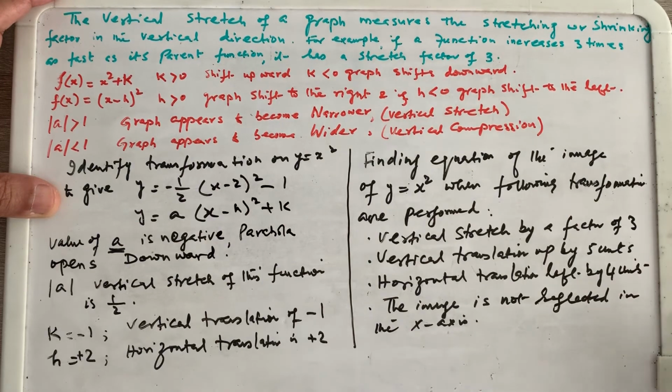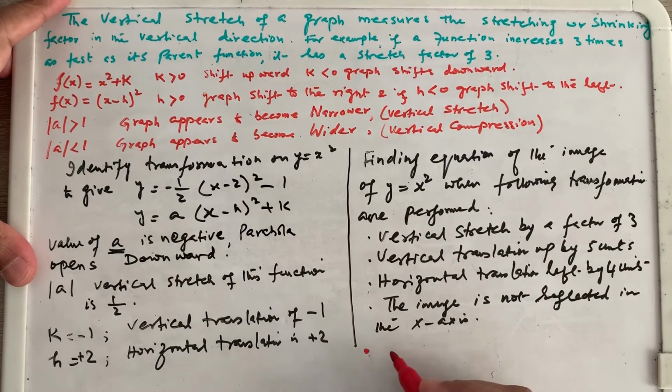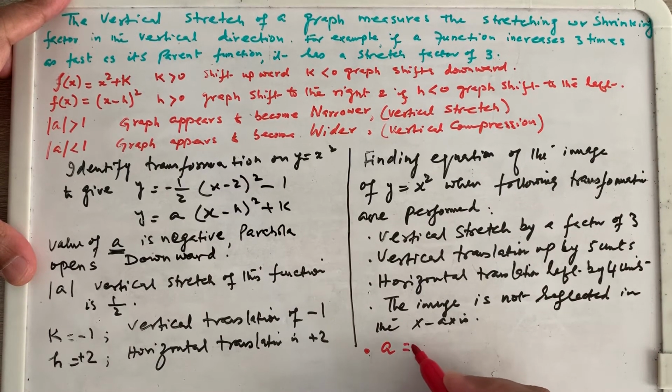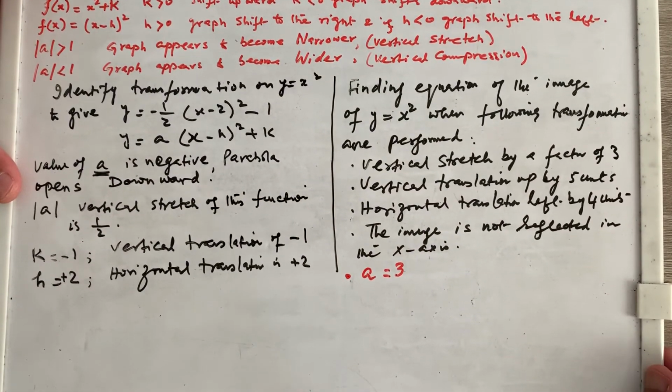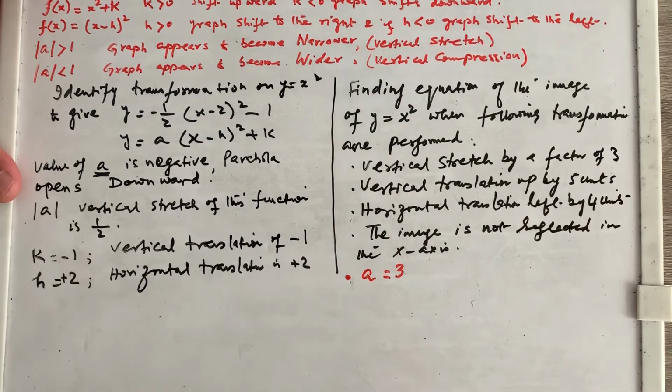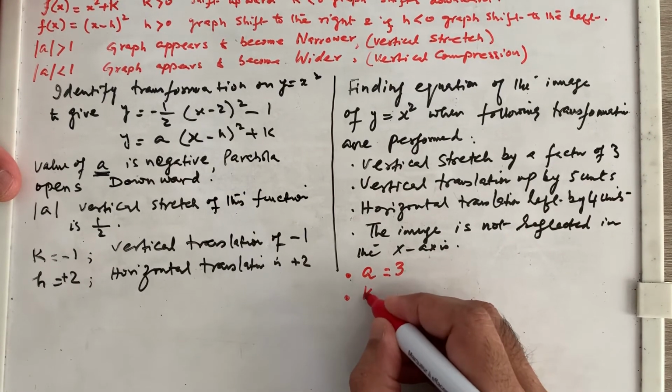Now we have to recognize the equation. Finding the equation of the image of y equals x square when the following transformations are performed. So what is given? Vertical stretch by a factor of 3 gives us the value of a, right? So the first bullet is telling us that a is equal to 3. Then vertical translation up by 5 units is telling us that k is equal to 5,